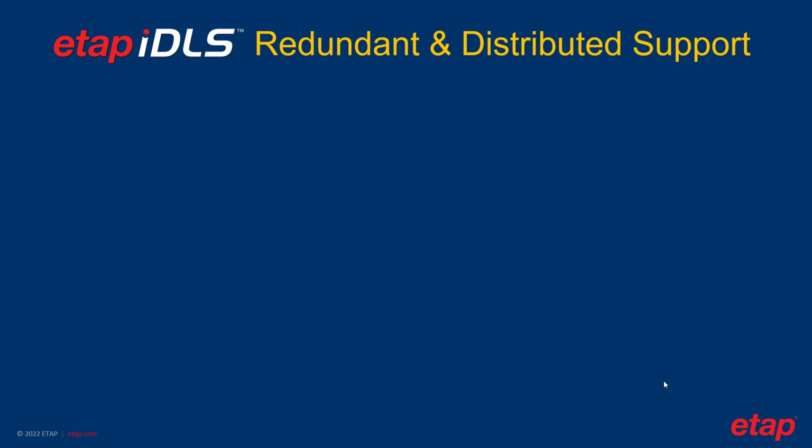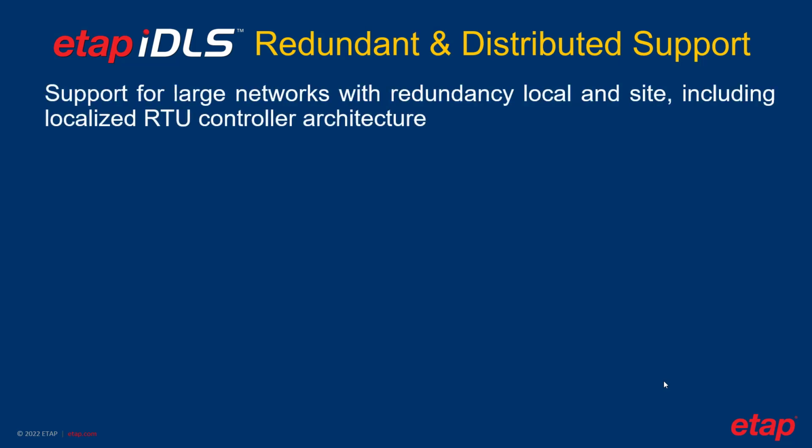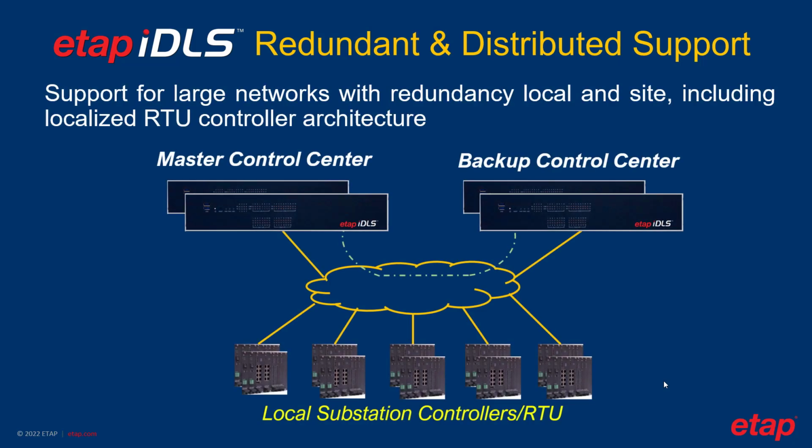Another aspect of the ETAP Intelligent Load Shed Controller is that it can work over a distributed environment. In this typical diagram, the ETAP Load Shed Controller operates in an environment where there is not only a master control center, but there is also a backup control center. Both servers work on a master and backup redundancy basis. So in the event of a failure, the backup controller in the same site can pick up the operation, or in the unlikely case where the communication to the entire master control center is down, the controller in the backup center picks up the operation right away.